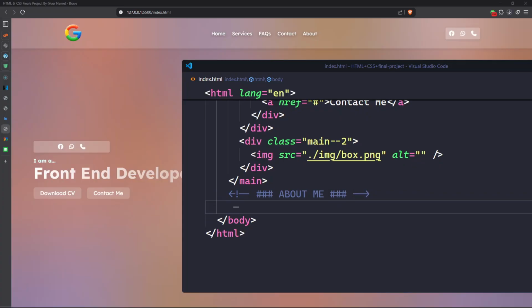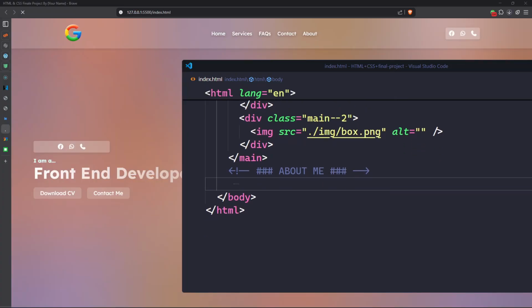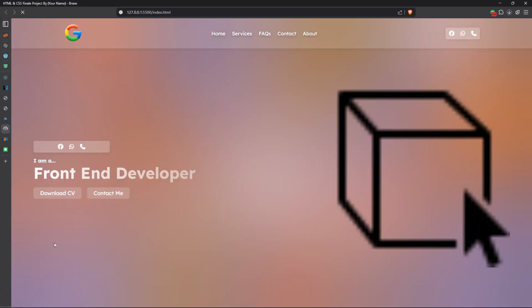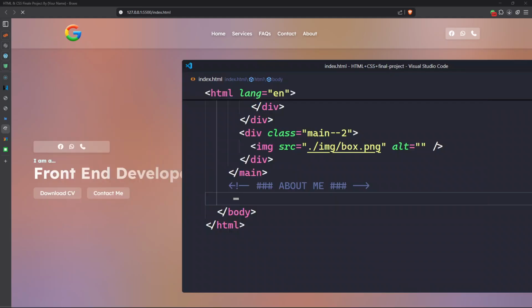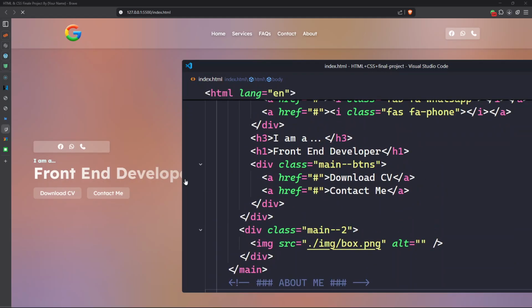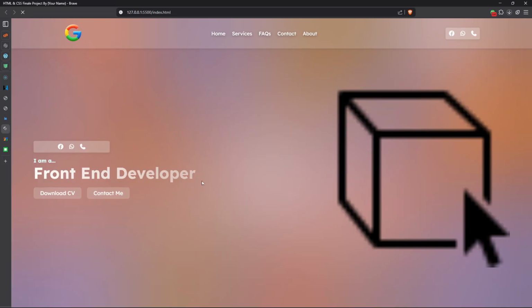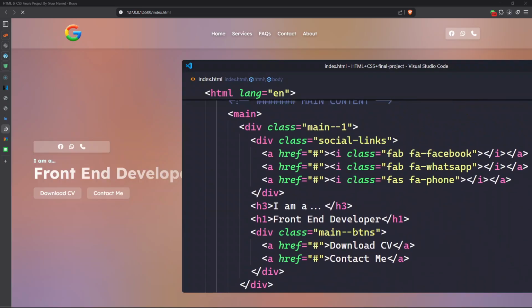So about me, I'll talk about the languages I used, and some more other things. Now if you want to continue to add more stuff below here, you can add more stuff, right? So I suggest we should just add more stuff below it, to make it much more plenty like that. So to do that,